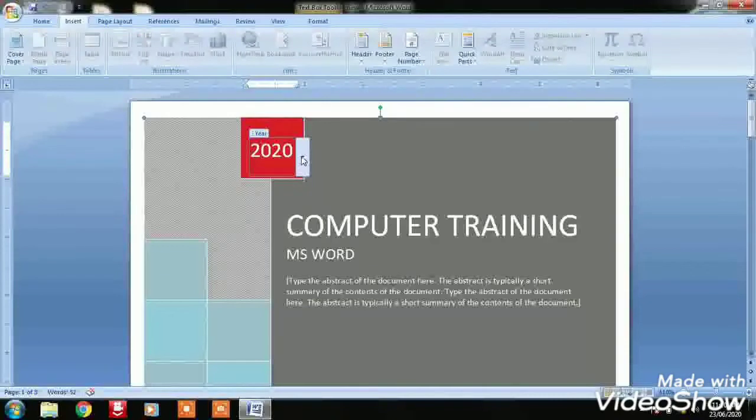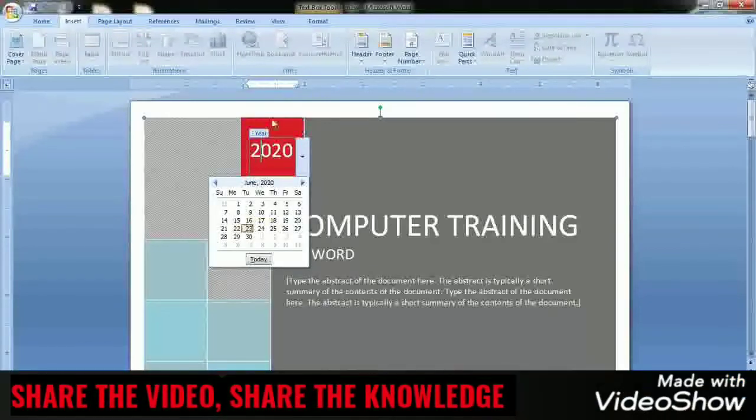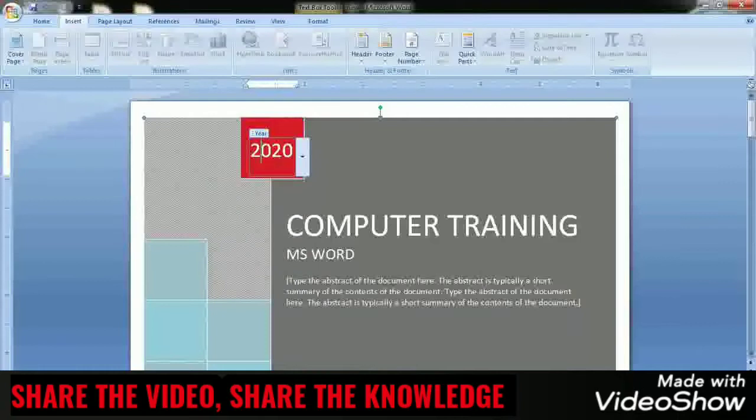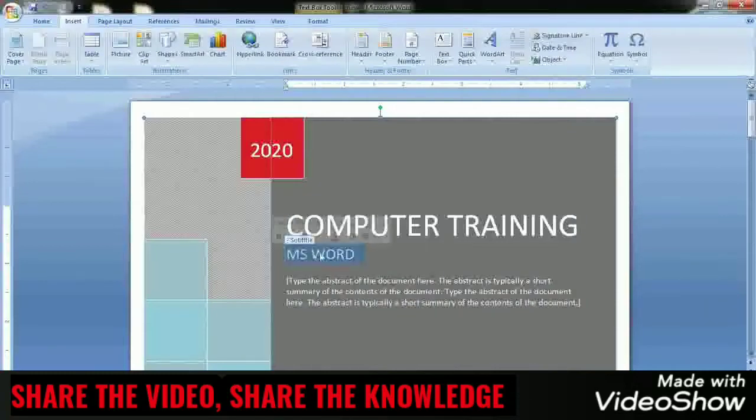Here you have to mention the year, like I have already selected here. The year is already selected, that is today. So the year is 2020 and we can mention it here. And here is for the title. You can add any title. There is no editing required. The title box is already there, you just need to type the name. Like I have written computer training. And this option is given for the subtitle. Here you can see it's written subtitle. So I have mentioned the subtitle here, like we are working on MS Word. You can even add more description, you can add it down below.